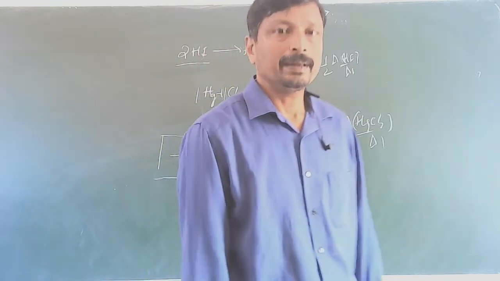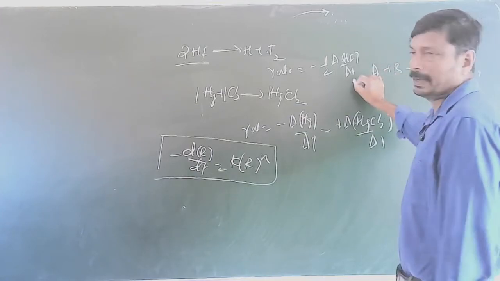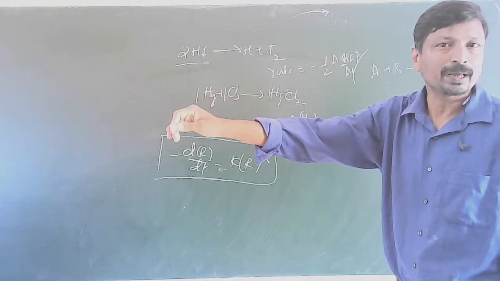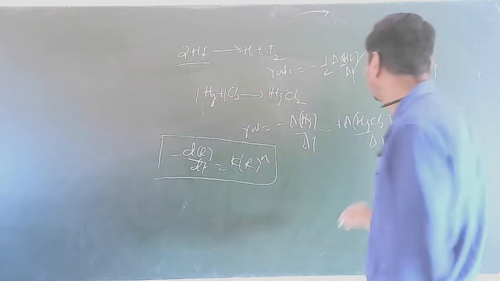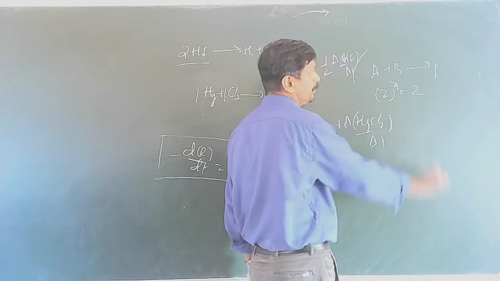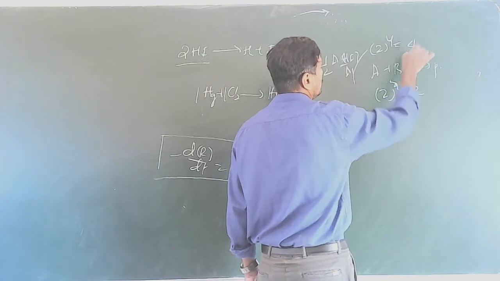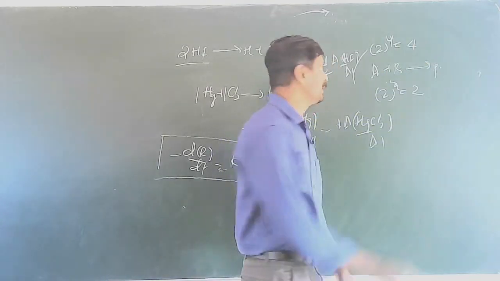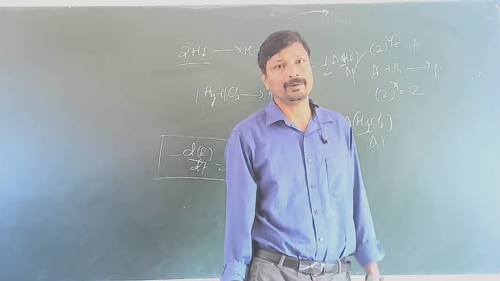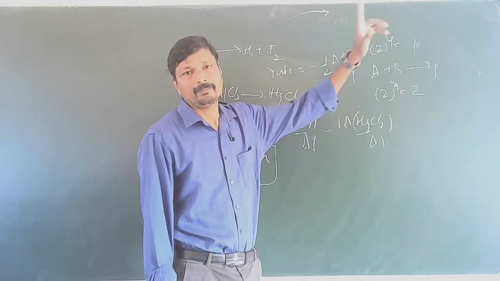For reaction A and B giving rise to product, if A is doubled, the rate is doubled. If B is doubled, the rate increases to 4 times. Write the rate law. A is doubled, 2 to the power of x, the rate is doubled, therefore x is equal to 1. If B is doubled, 2 to the power of y, the rate of the reaction is 4 times, therefore y is equal to 2. If the rate does not change, then y is equal to 0. Like that, you are able to write the rate law. Minus dR by dt is equal to k into A to the power of this, B to the power of this.